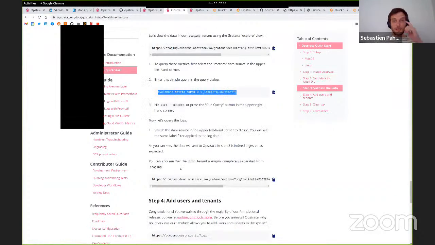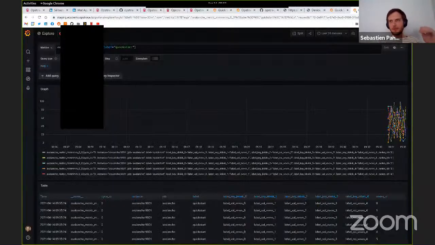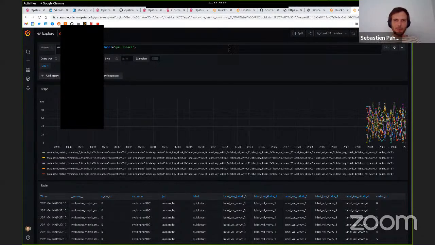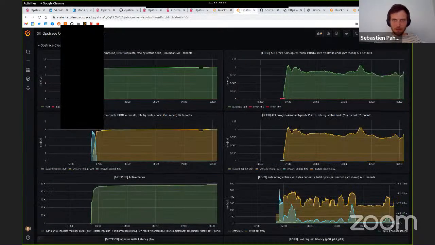We can also go see, well, we're not going to go see that the prod tenant is empty. That's not that interesting. I think we all understand here that if we're only sending data to the staging tenants, it's only there. But what we can go see here that is interesting is, let's see. Sorry about this.